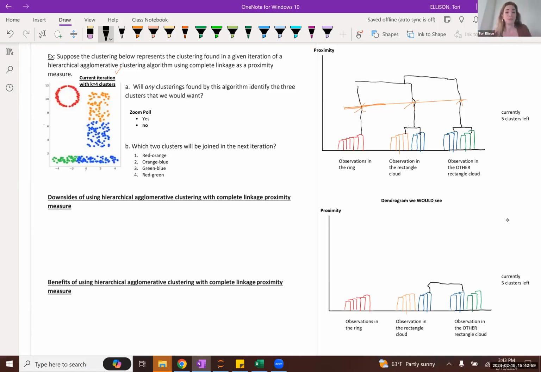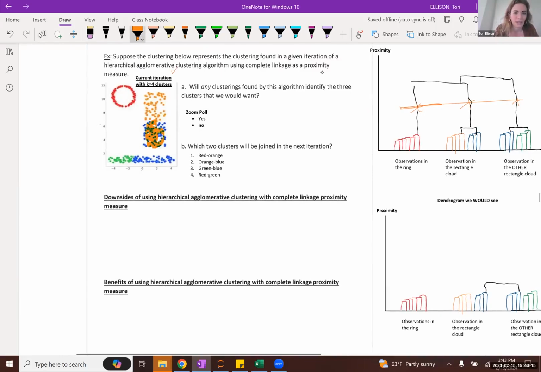Because these 2 sets of points were merged, they're never going to be able to unmerge to create a clustering which looks like this and like this. So we want to think about whether we're going to get closer to what we ideally might like, or further exacerbate the separation of these clusters in a way that we don't want. So, using complete linkage,